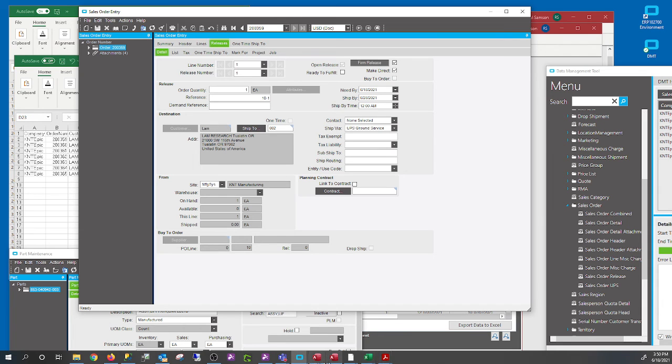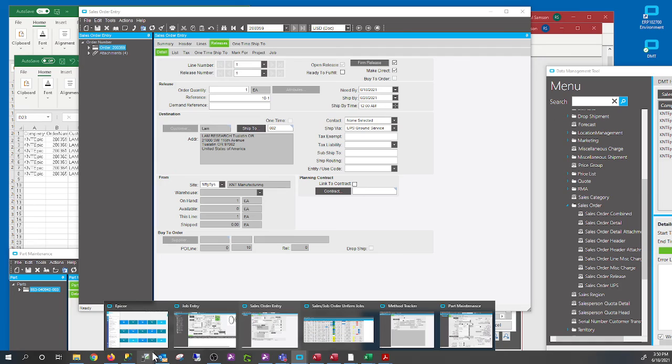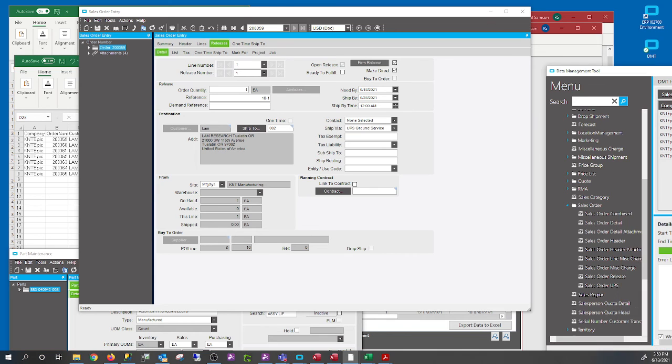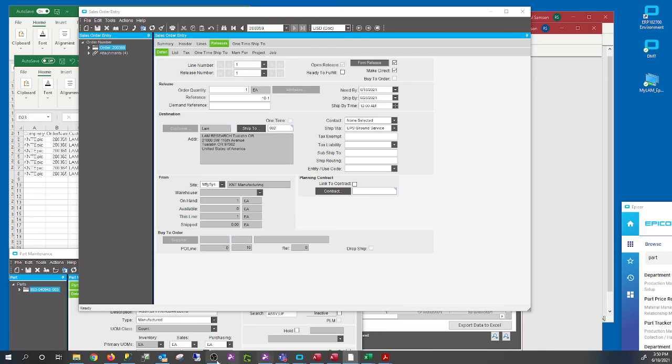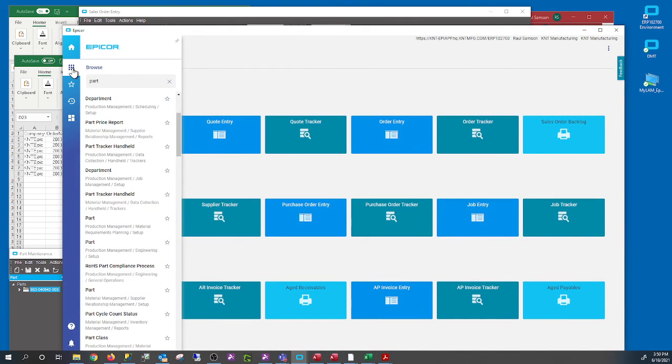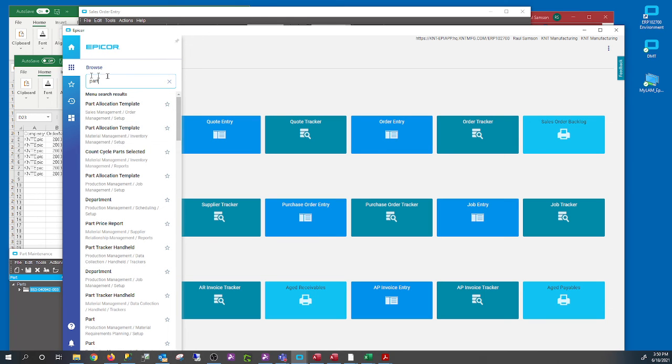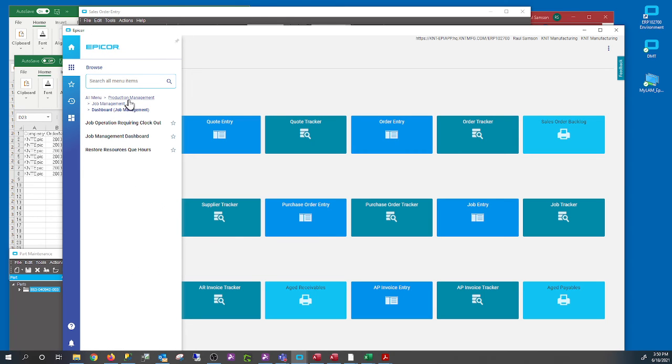I created a report from Epicor, and this is located in sales management, then order management, and then there are dashboards right here. Then click on the unfirmed jobs.